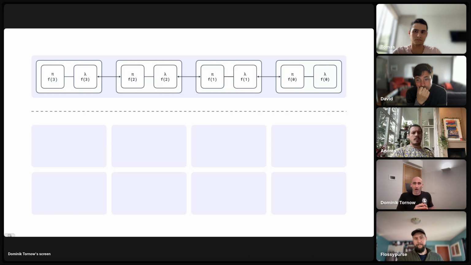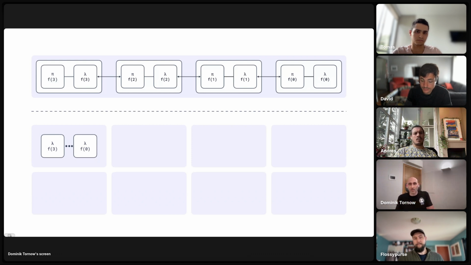So the gray boxes on the bottom show potential nodes where an execution may be hosted, may be executed. In our case, everything from factorial 3, 2, 1, and 0 runs on one node, guaranteed, because we called every single function locally, LFC.